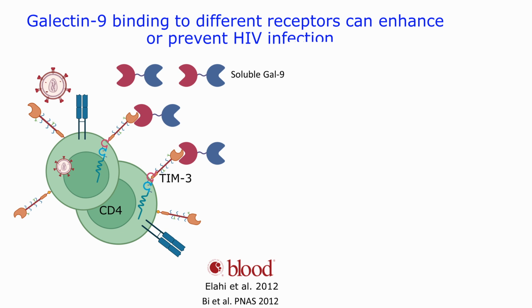Another study that I did at the same time: I was just curious, that was the surface-bound galectin-9. How about the soluble galectin-9 when it's secreted? I was just curious to see whether soluble galectin-9 has any effect on HIV infection. These are target cells, CD4 T cells. Usually we activate T cells because the virus relies on the cell machinery of the host. So we have to activate them, stimulate them to become more appealing, more attractive for the virus. And when you activate CD4 T cells, they upregulate TIM3.